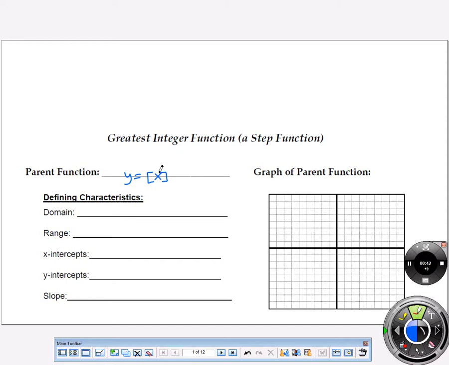The reason it's called the greatest integer function is it takes whatever number you put in the brackets and rounds it to the greatest integer that is not larger than the number you were given. So let me say that again. It rounds it to the greatest integer that is not bigger than the number you were given. So you can't exceed the number that's sitting inside the brackets. Okay? So for example,